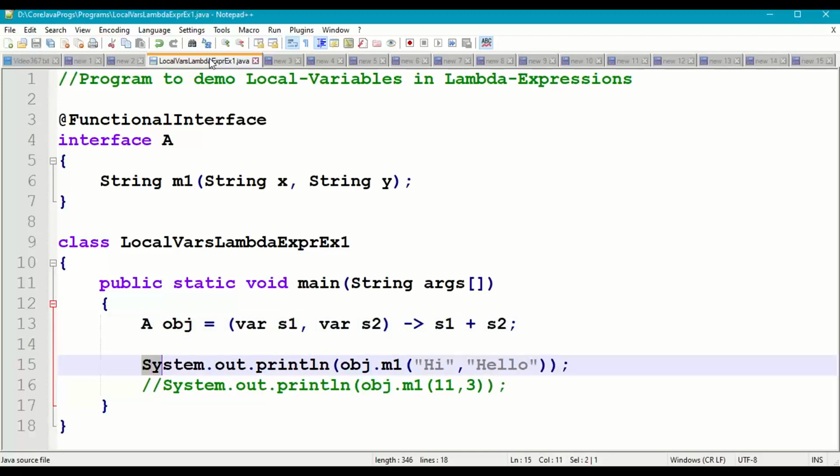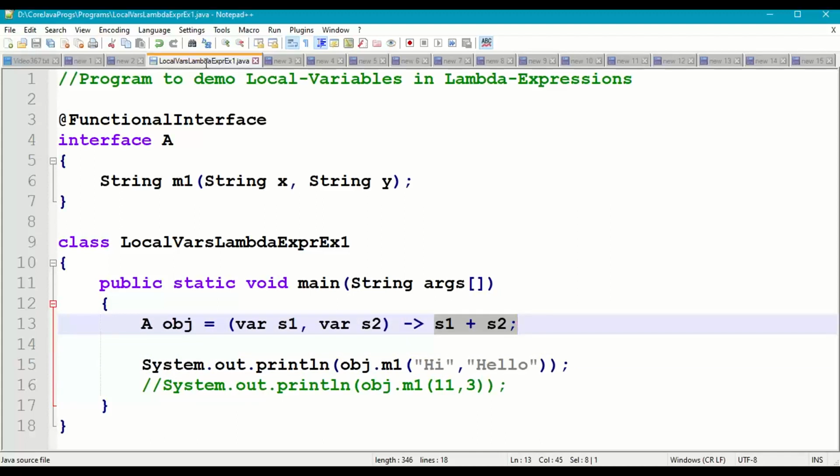And finally System.out.println(obj.m1(...)). It will call the m1 method whose definition is given through this lambda expression. To m1 I'm passing two input parameters, "hi" and "hello". So it will return hi plus hello.